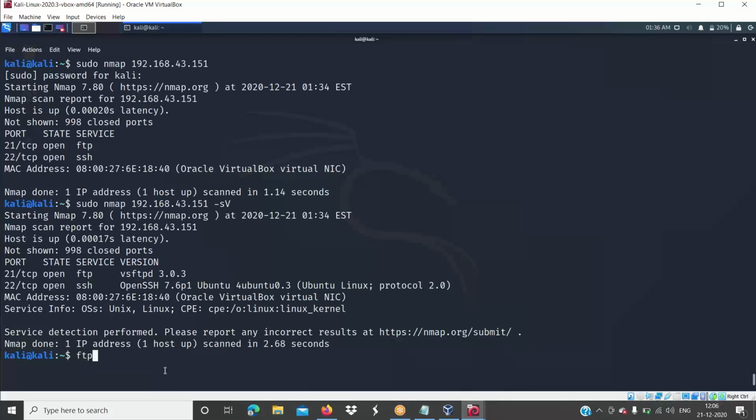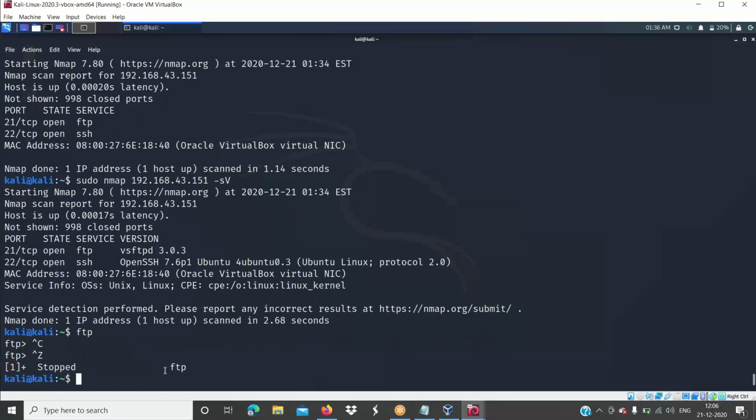Even similar to that, in Kali also we have client software, it's a CLI, quite simple. You can just use FTP. Okay, then it'll ask you to enter the IP address where you want to connect, or you can just use OpenSSH. It'll ask you where you want to connect. So you need a client to connect with the server, right? So let me show you. Let me just connect FTP with a client.